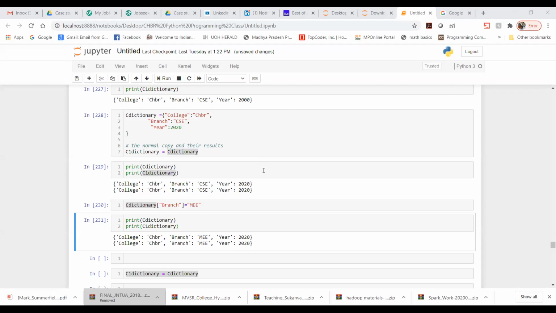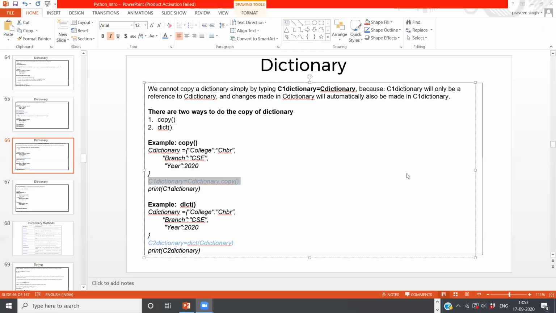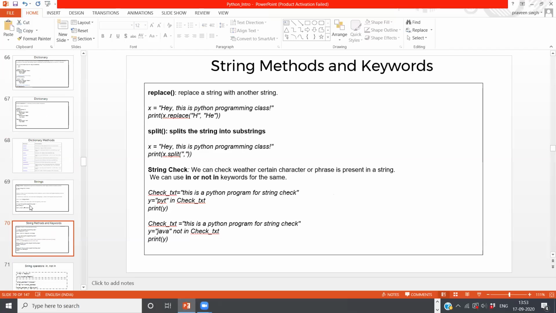Now let us move on to our topic for today, which was actually strings only. Let me go here. Yes, string. I guess yesterday we covered string methods and keywords, if I'm not mistaken.